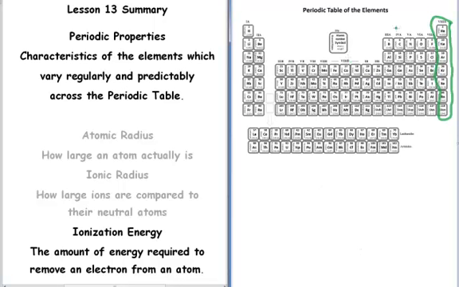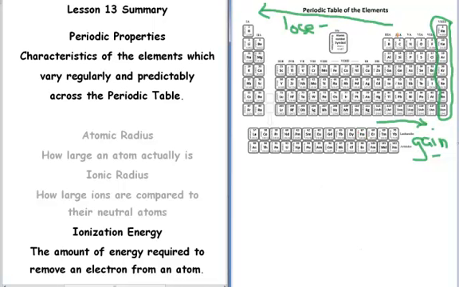In general, the elements towards the left side of the screen will want to lose electrons because that'll make it easier for them to drop down to that next energy level, which already has a full number of valence electrons. The elements on the right side, in general, are going to want to gain electrons because that highest energy level is already almost full. They just need 1, 2, 3 more, and they will have 8. So because of that,